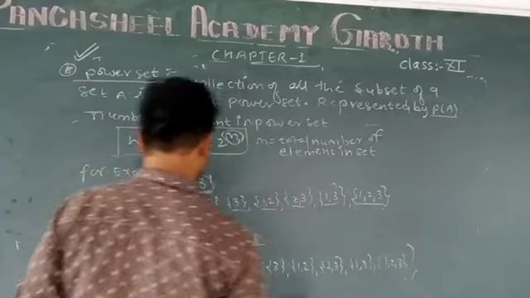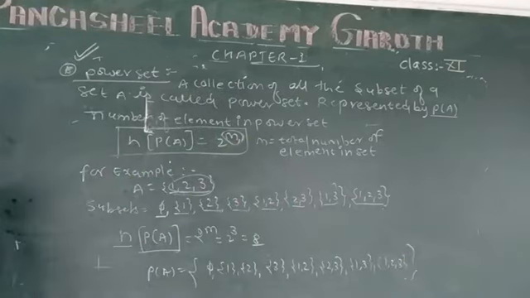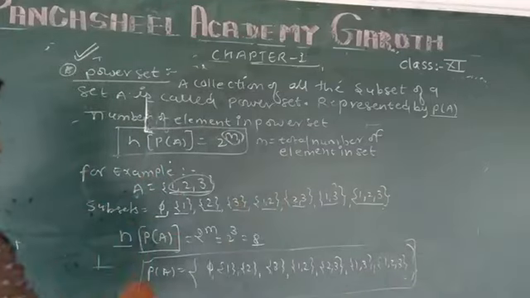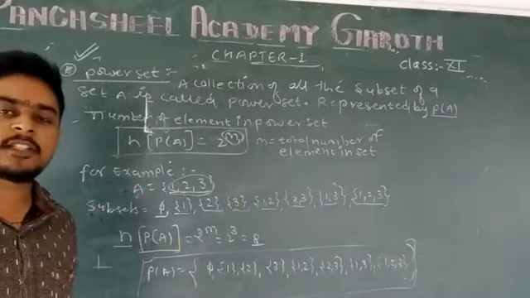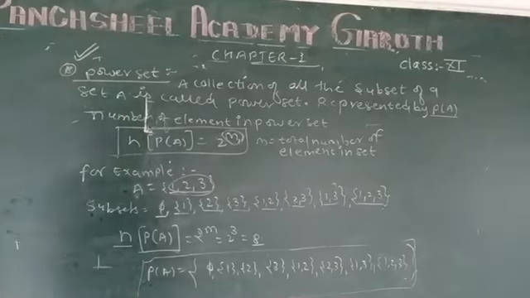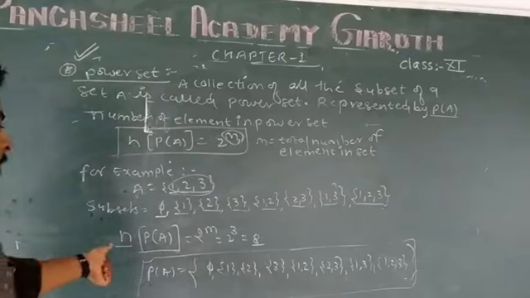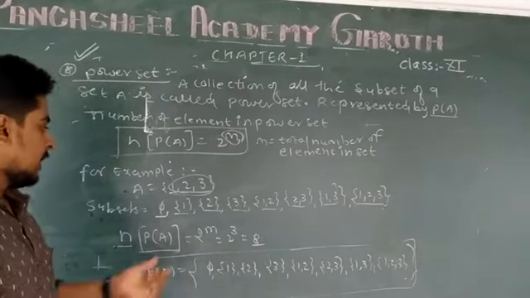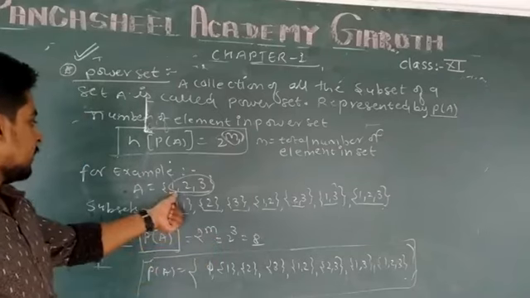Therefore, by the above conclusion, we come to know what the power set is. Power set collects all the possible subsets of any given set, and the number of elements in the power set will be determined by 2 raised to the power n, where n is the total number of elements in the given